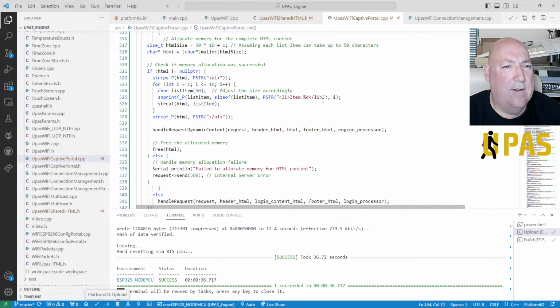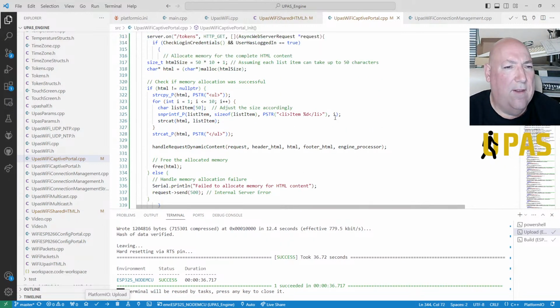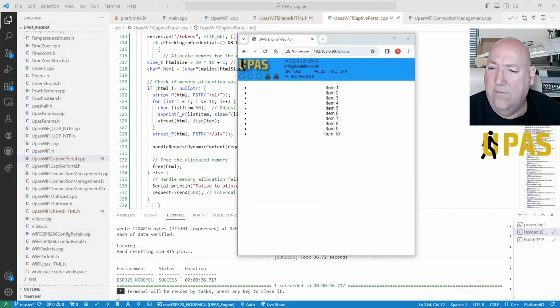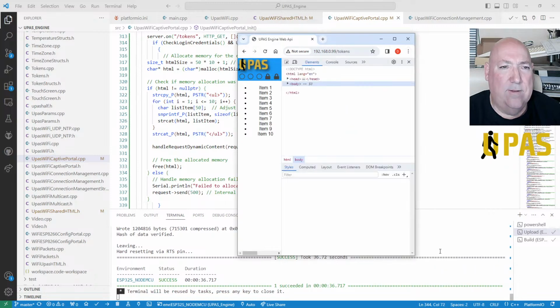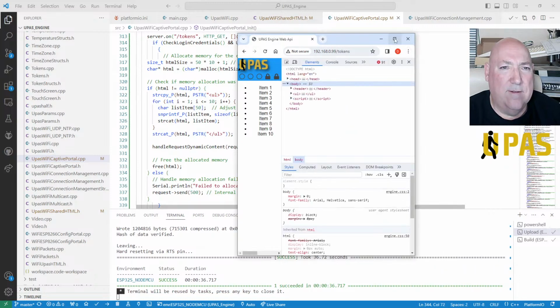So it's list item ID. Right, okay. So if we have a look at the code for it, page source, more tools. Oh, what am I in? Developer tools. Okay.